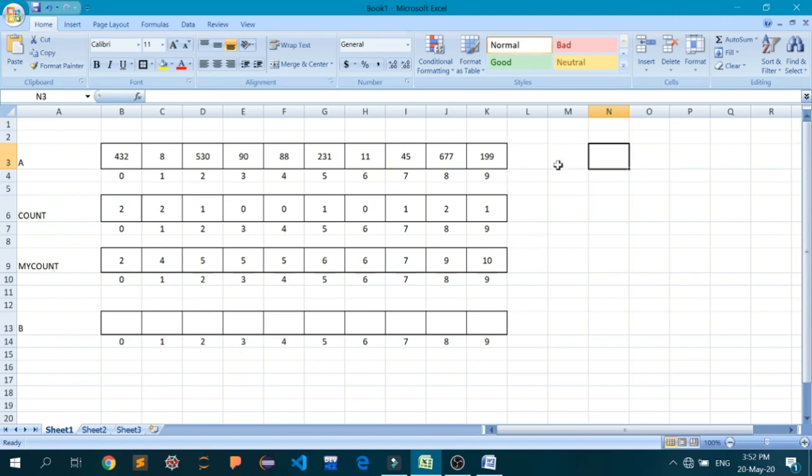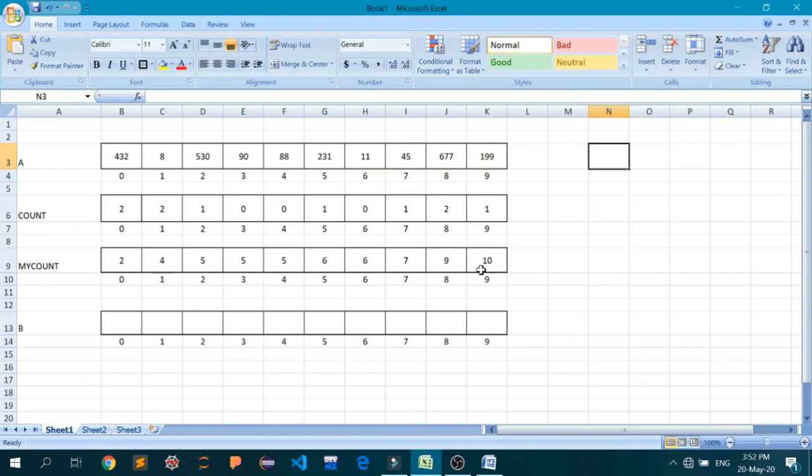So again I will repeat that. The last element of this array A, I am going to traverse from last to first, this way. So I am at the last element. The digit at the 1's place is 9. I will go to my count and look for index 9, and at index 9 we have the value 10.